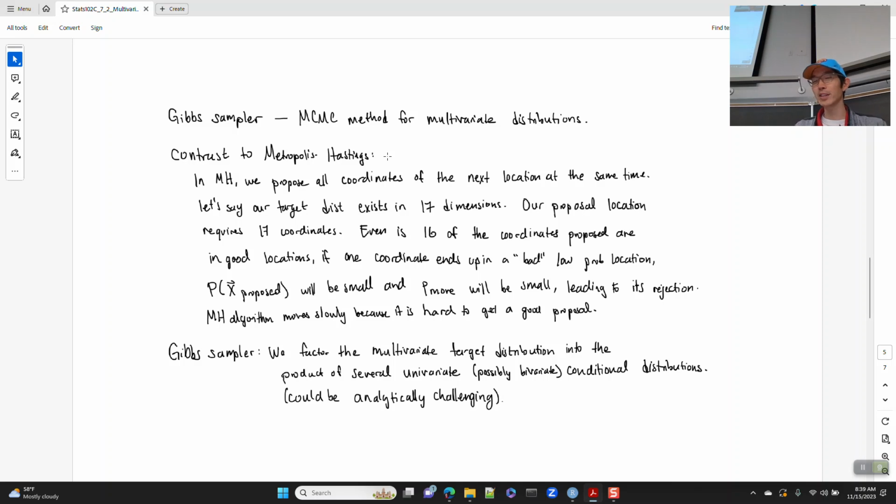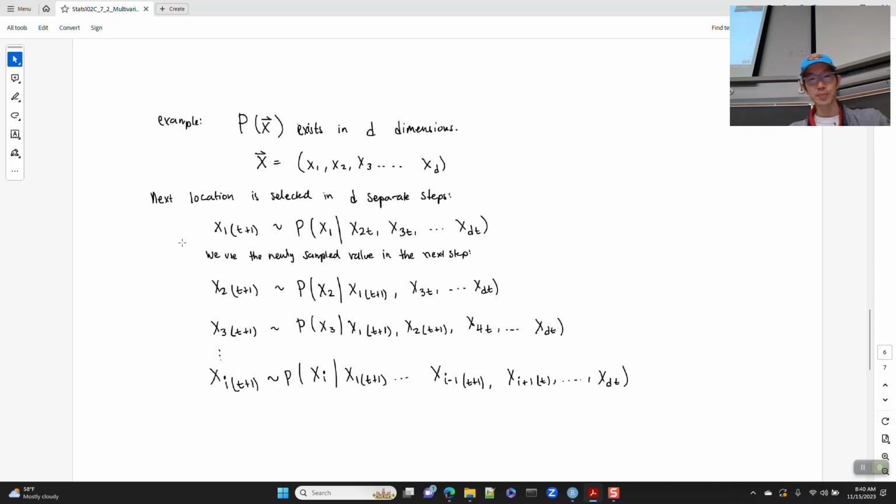Factoring the multivariate distribution into a product of univariate conditional distributions is not a trivial task. If it's just some random arbitrary distribution, it could be quite challenging. But next week we'll look at a class of problems, these hierarchical problems that lend themselves well to this factoring solution. Okay, so